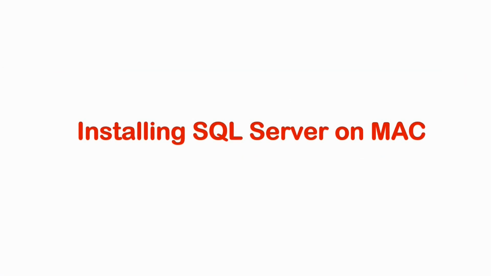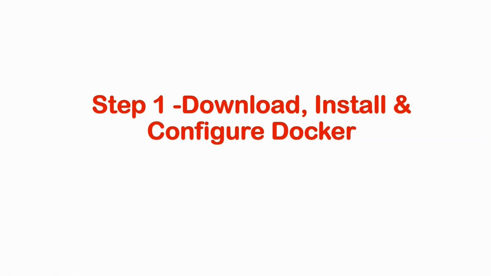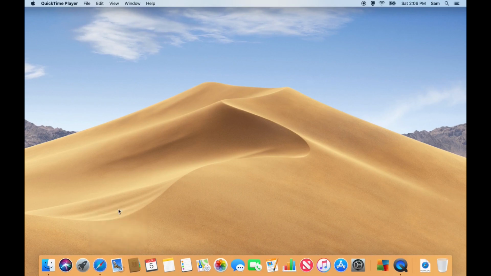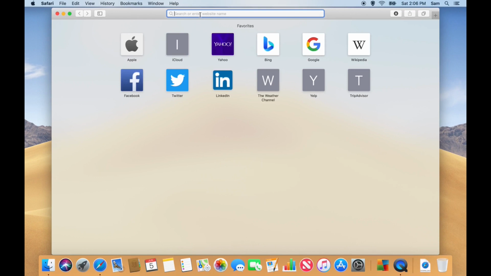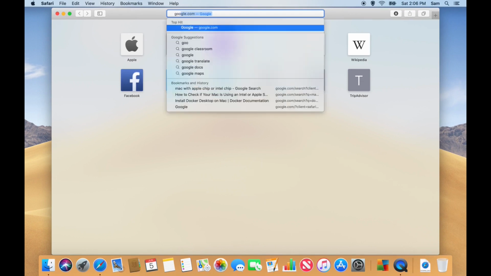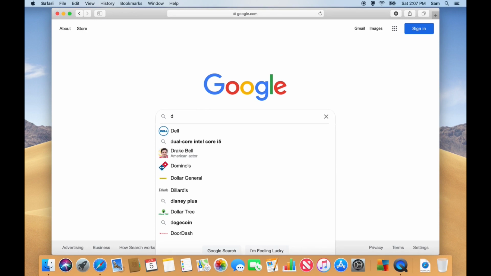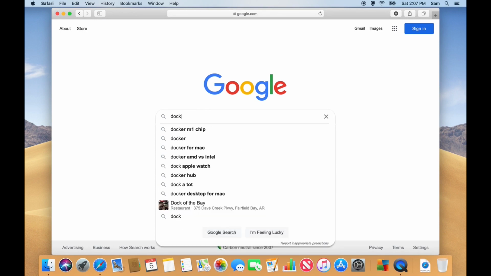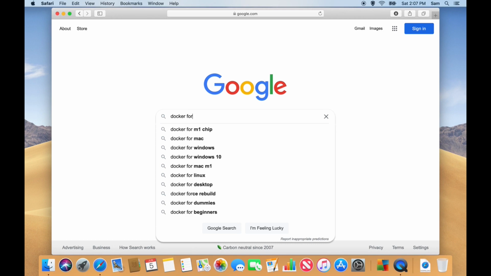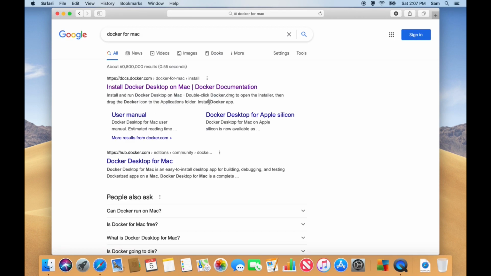Without wasting much time, let's get into the installation steps. In this step, I will show you how to download, install and configure Docker. Open a browser and go to google.com and search for Docker for Mac. You can see the official Docker page. Click the link